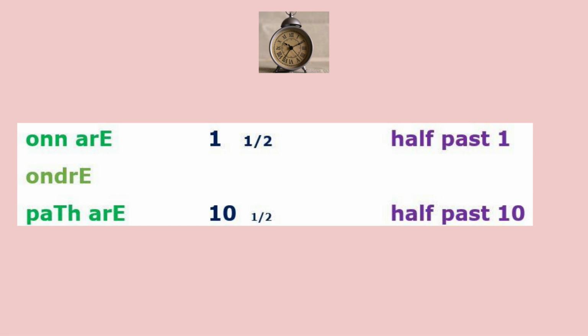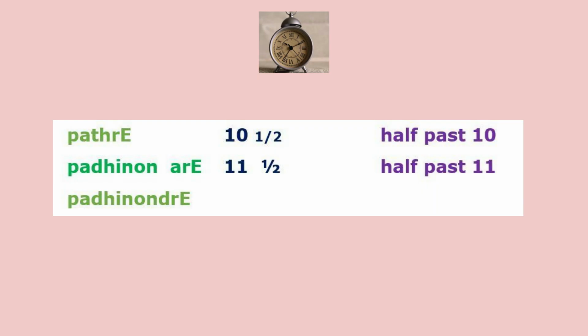If they want to say 10:30, they would say patra. They don't say pattu ara. Instead, they'll say patra. It just joins. Ondra, patra. Similarly, padinondra. Padinondra meaning padinonnu, that is 11, and ara. When people say that, it is going to be like padinondra. There'll be a d sound that you'll hear. Padinondra. They don't say padinonnara. Instead, they say padinondra.